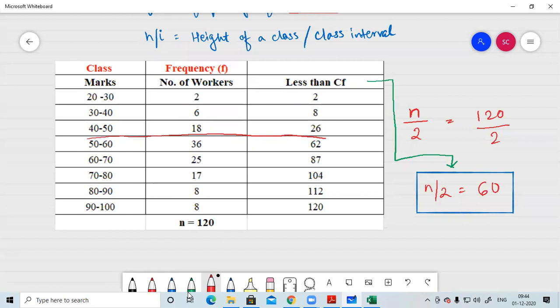This particular class which you see here, excuse me, that line doesn't come straight on a digital pad. I'm so sorry. Did you understand how to locate the median class here? Yes, sir. So to locate the median class, first do n by 2, and then wherever you get n by 2, this is known as your median class. Is this understood?